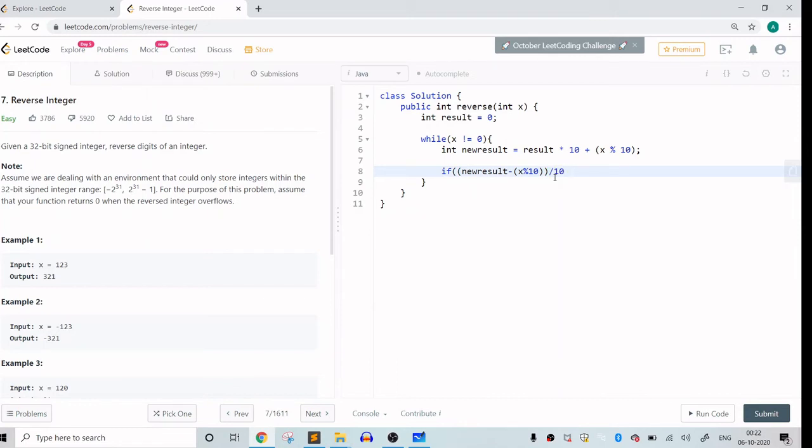This should be equal to the result in an ideal scenario. But when I am doing this multiplication or adding this number, if overflow occurs, then this won't be equal to the result. So in that case, I can return 0. This is the overflow condition.